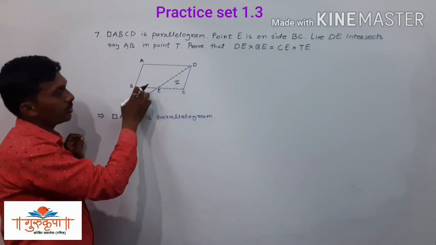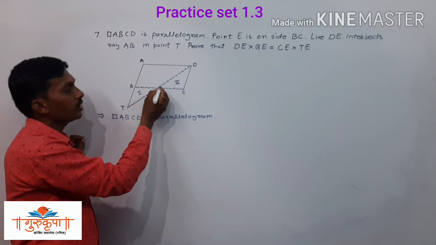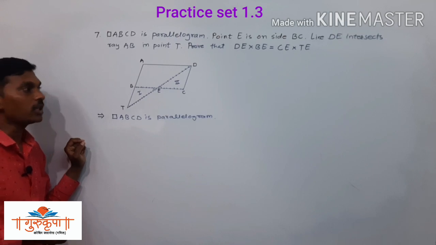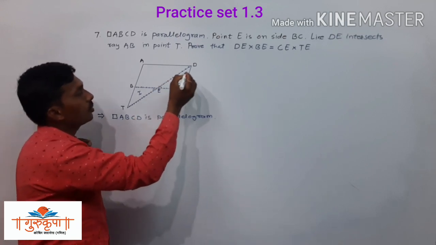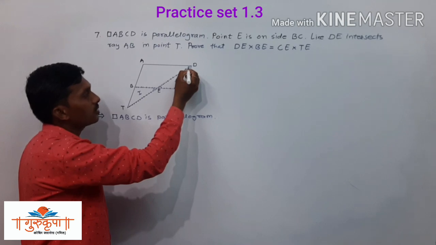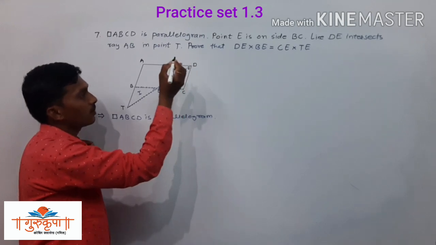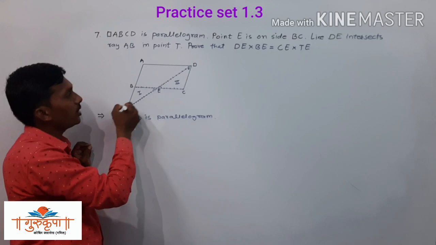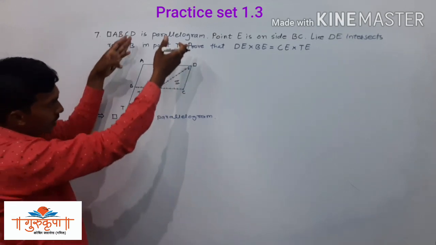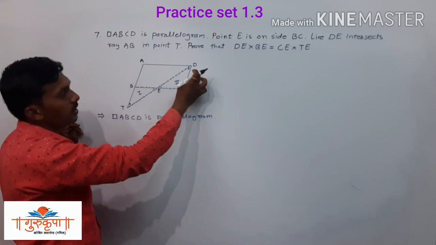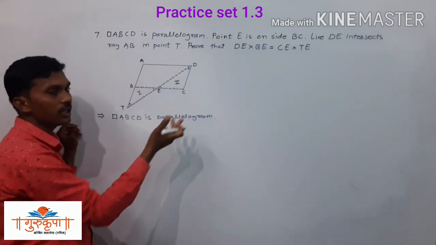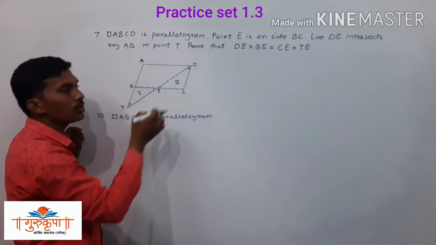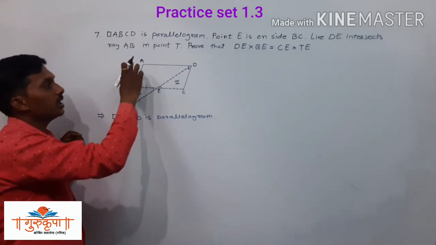Now we have to prove that these two triangles are similar to each other, so we will put that these two angles are congruent. The reason behind it is vertically opposite angles. Now we have to get two more angles. First angle is angle CDE and the second angle is angle ATD. Since these two lines are parallel to each other, that is AB parallel to CD. Why? Because quadrilateral ABCD is a parallelogram. So AB is parallel to CD is the information we use here.